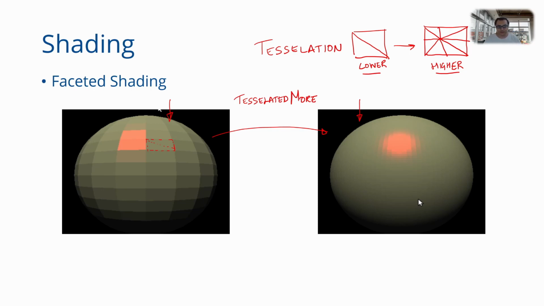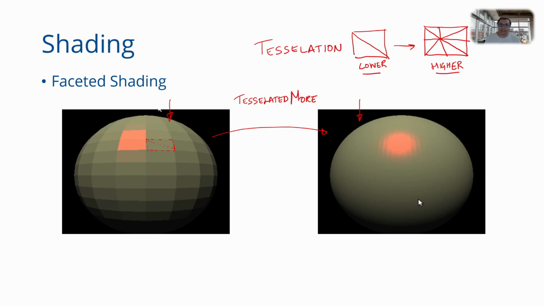So if you increase tessellation so much that every polygon is just 1 pixel large, then faceted shading actually reduces to per pixel shading. Because if every facet is exactly 1 pixel, then computing a normal for every facet is the same as computing a normal for every pixel. However, by increasing tessellation, you create a lot more geometry. So that means that your graphics pipeline has to process more geometry to get smoother shading. So if you do more tessellation to get smoother shading, it means that your pipeline has to work harder because you are just generating more geometry.